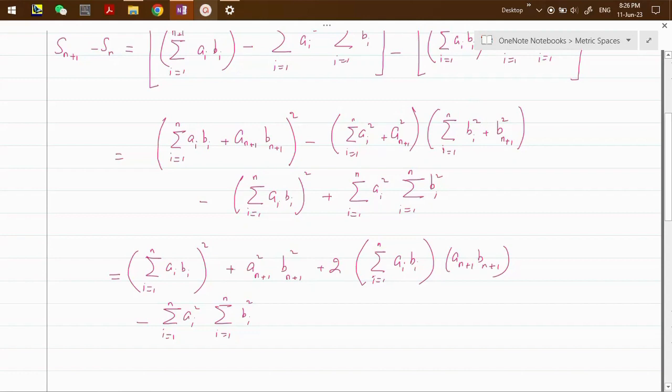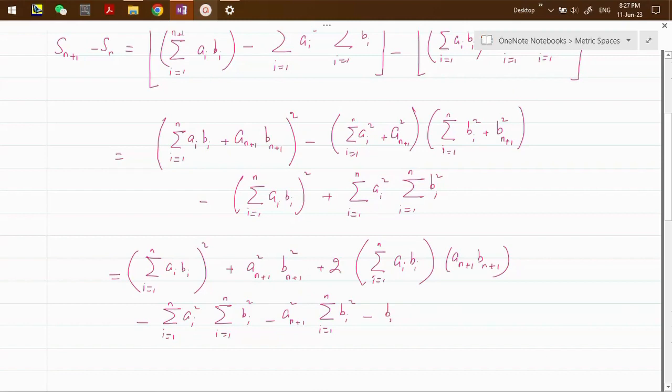So we get minus a(n+1) square into summation i from 1 to n bi square, and then we shall multiply this term and this term, and we get